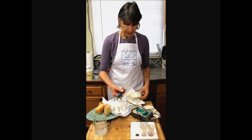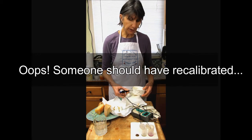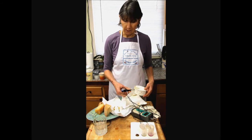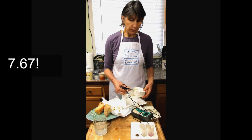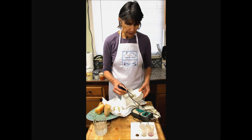Okay, so let's try this again here. Put it straight in that clean paste there. And there you go. So that washing made all the difference. It's 7.67 now. The fatty coating on this one just couldn't read correctly through it. So, high pH there, surface